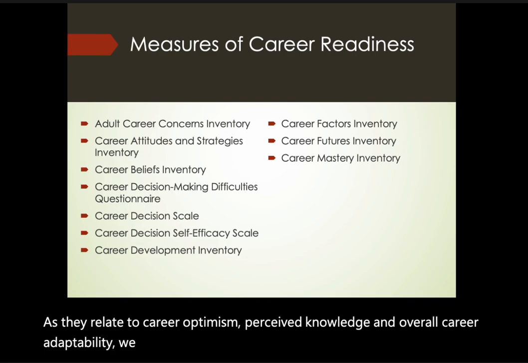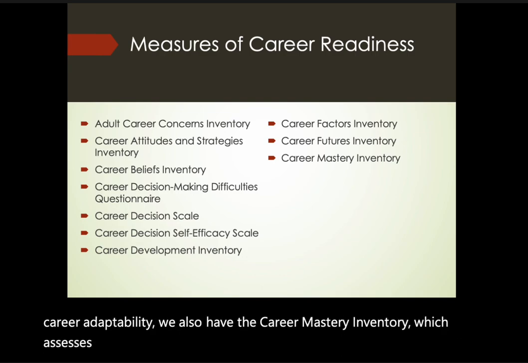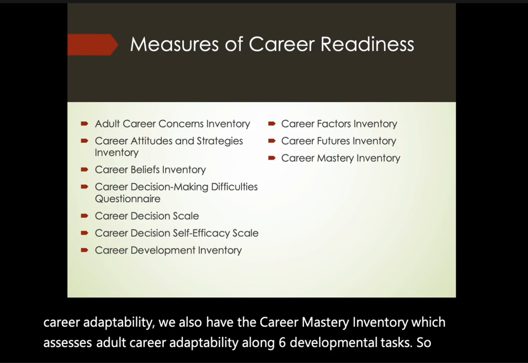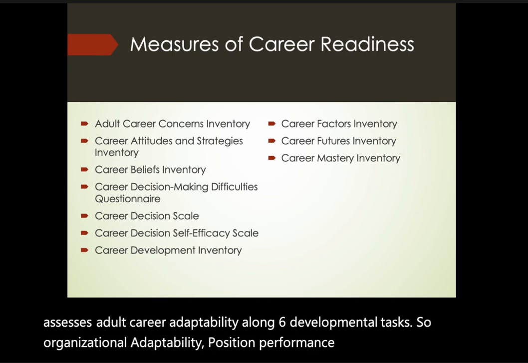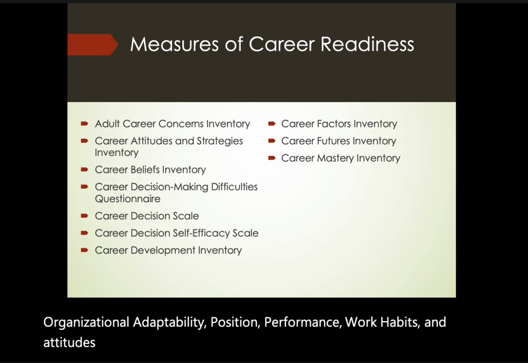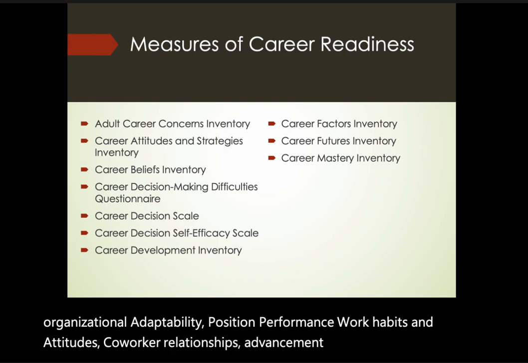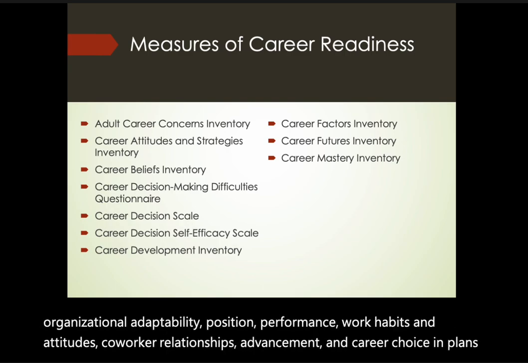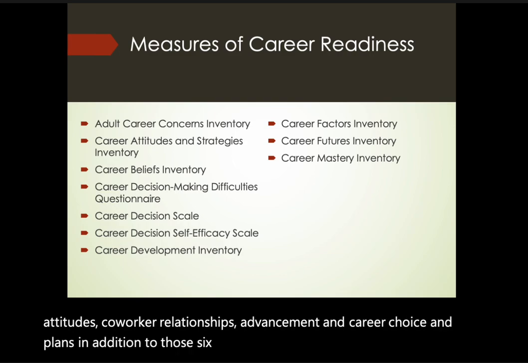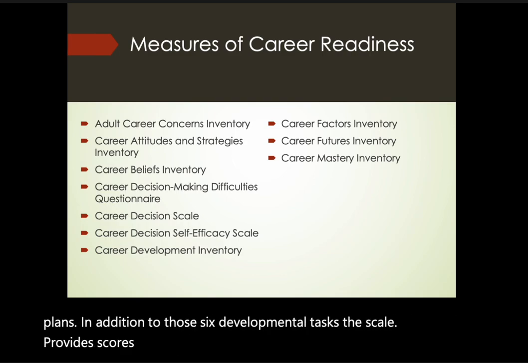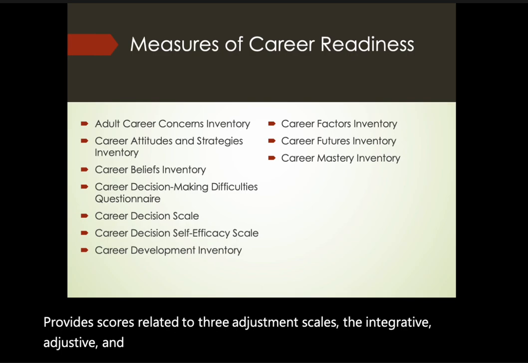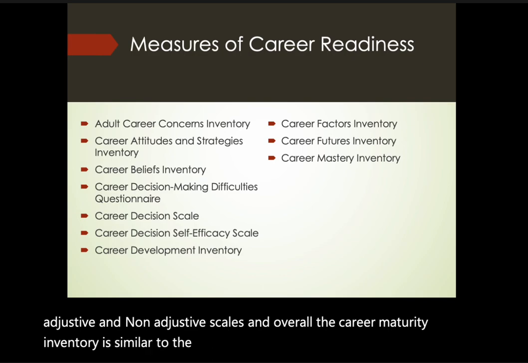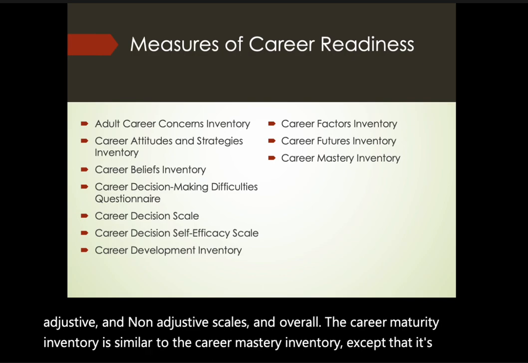We also have the Career Mastery Inventory, which assesses adults' career adaptability along 6 developmental tasks. So, organizational adaptability, position performance, work habits and attitudes, coworker relationships, advancement, and career choice and plans. In addition to those 6 developmental tasks, the scale provides scores related to 3 adjustment scales: the integrative, adjustive, and non-adjustive scales. And overall, the Career Maturity Inventory is similar to the Career Mastery Inventory, except that it's tailored for use with